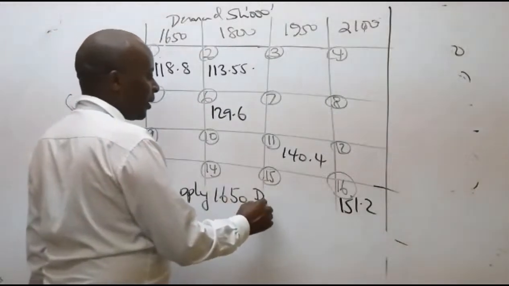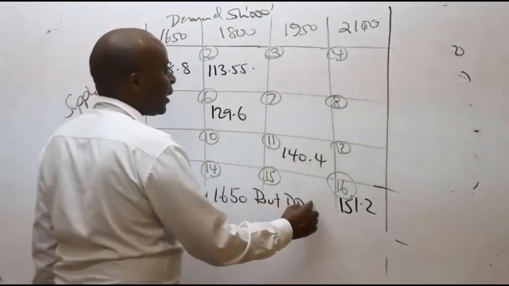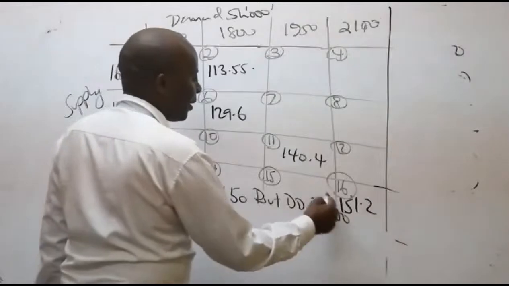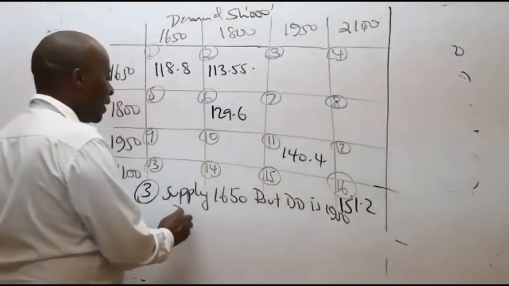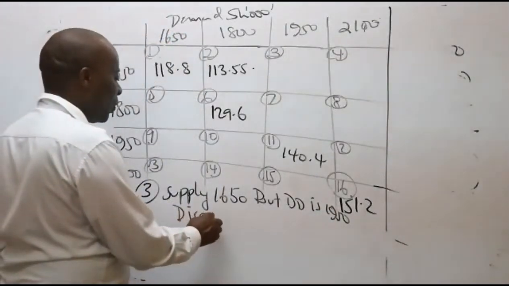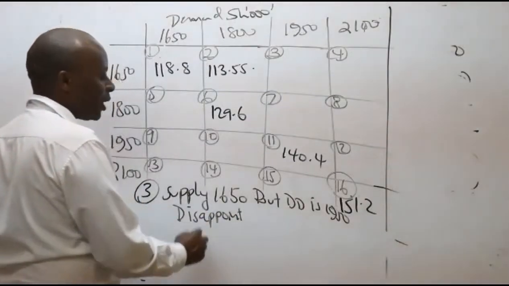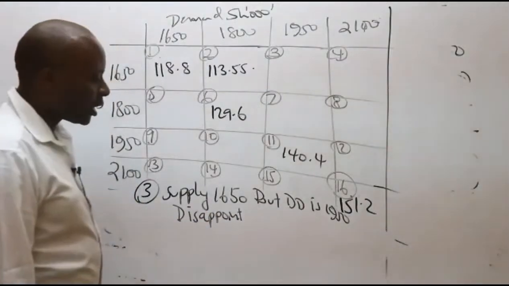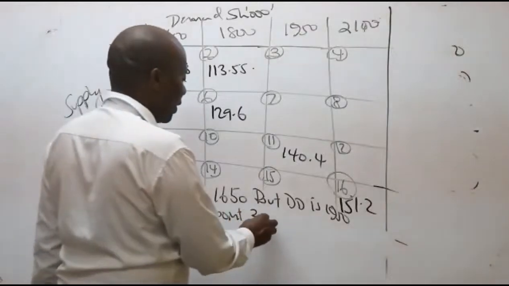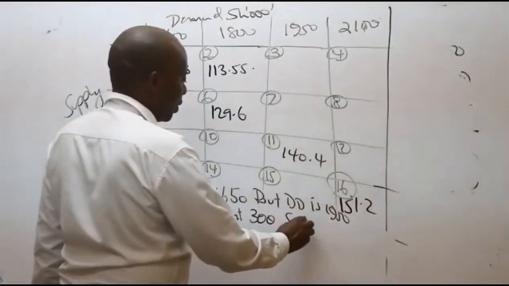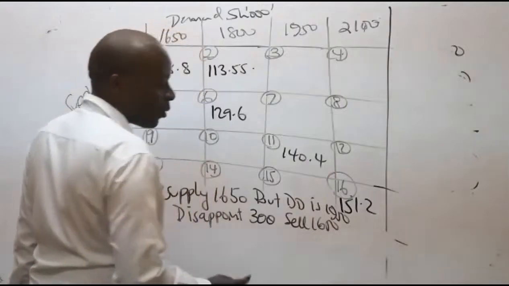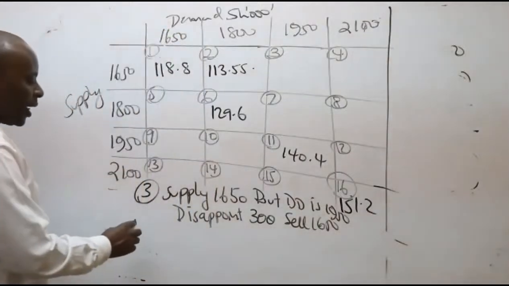But demand is 1950. Meaning that we shall disappoint how many customers? I'm being told it's 300. And then of course we shall sell 1650. So then the profit here will be